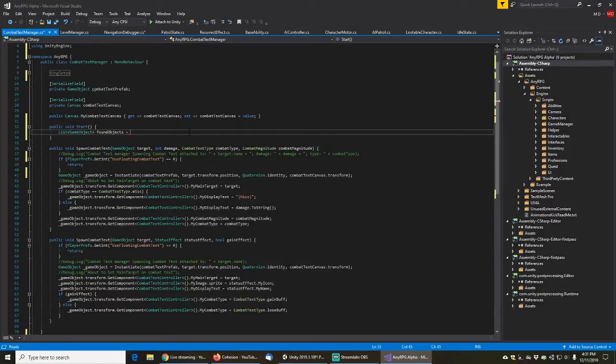So we want to search our combat text canvas. So combat text canvas dot transform dot find